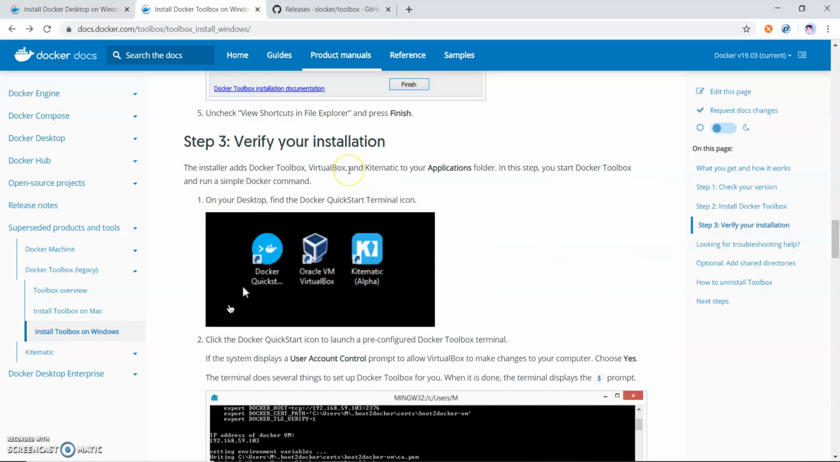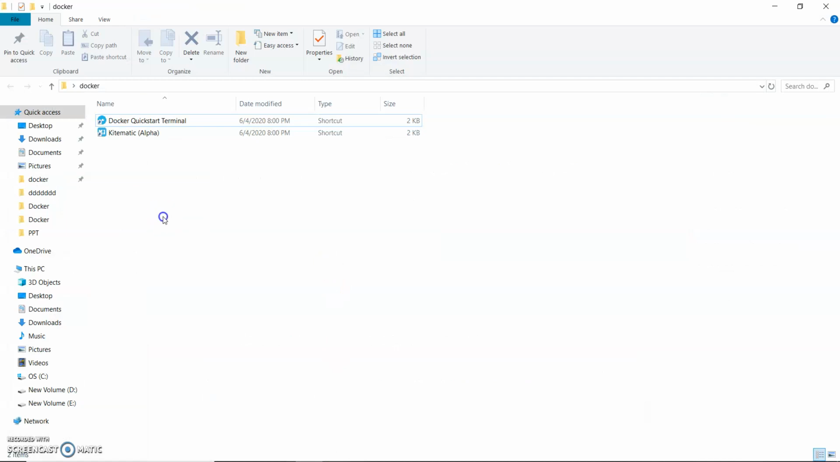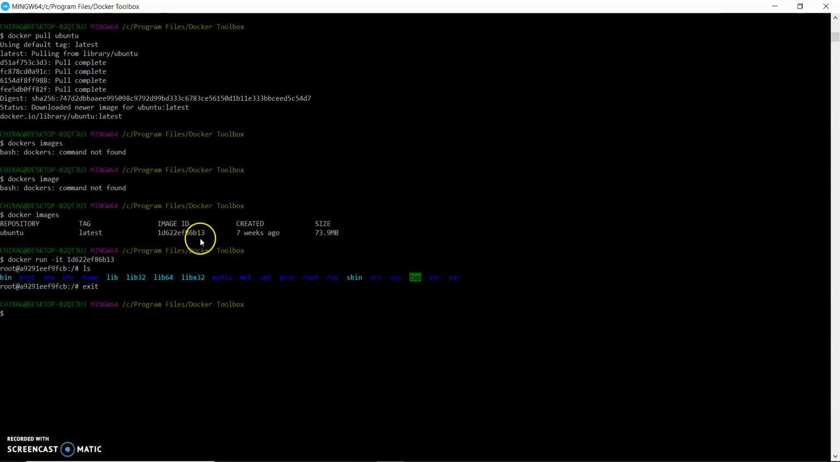If you previously have VirtualBox on your system, it will not download it; if you do not have it, then during installation it will download VirtualBox. Once installed, you will get three icons. As I already have VirtualBox, I will not get that icon, but I will get these two icons, Docker Quickstart Terminal and another one. When I double click on Docker Quickstart Terminal, the first time it will take some time. After that it will launch my Docker